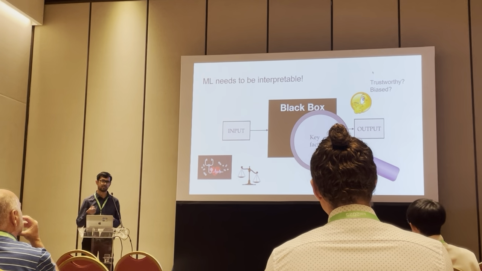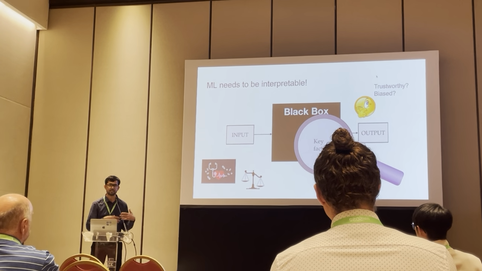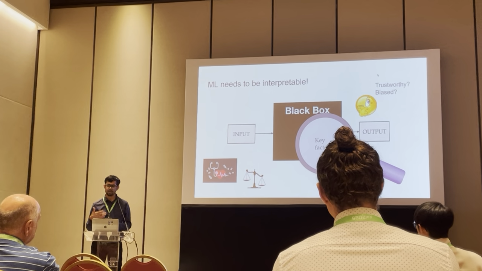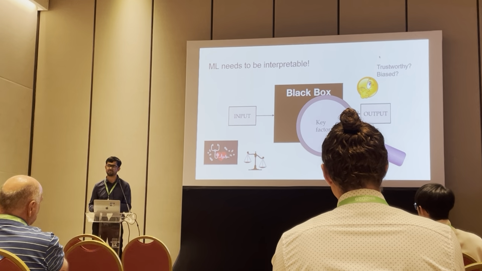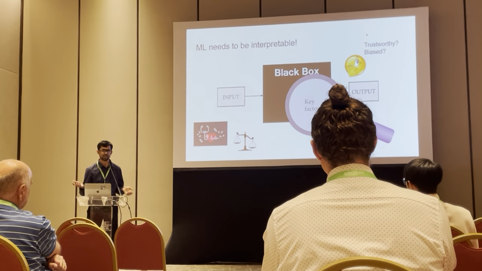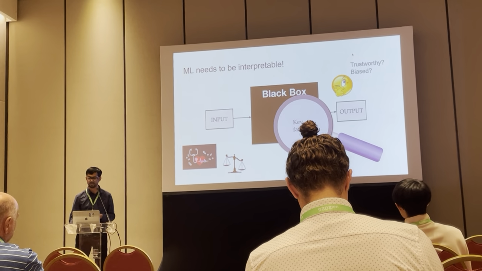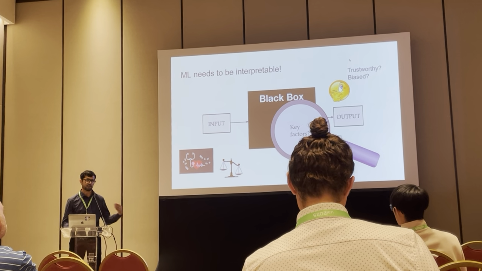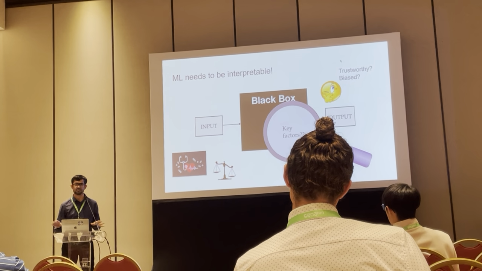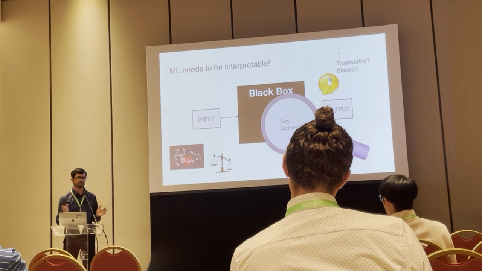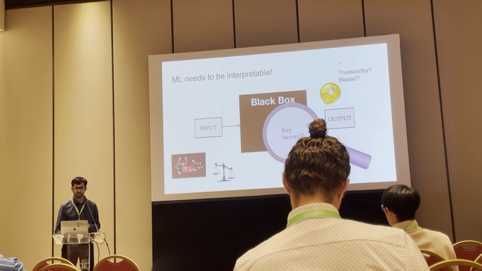Okay, if you're using it for making decisions about people's lives, like maybe using it for hiring or deciding who to give out a loan to, they can have serious consequences if the hidden algorithm has biases from its training set. So if you're deploying these algorithms, you really want them to be more transparent, to reveal what factors were involved in their decision making. And decision trees do that naturally. Like the whole structure of a decision tree is completely transparent. It tells you exactly the sort of features that are involved.